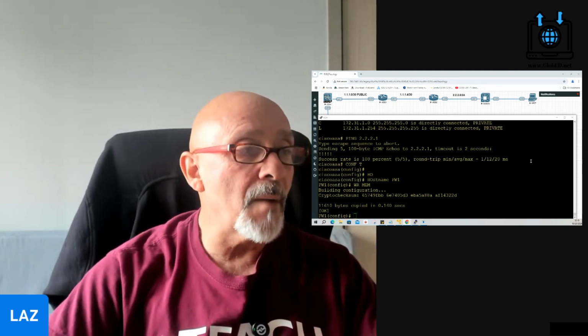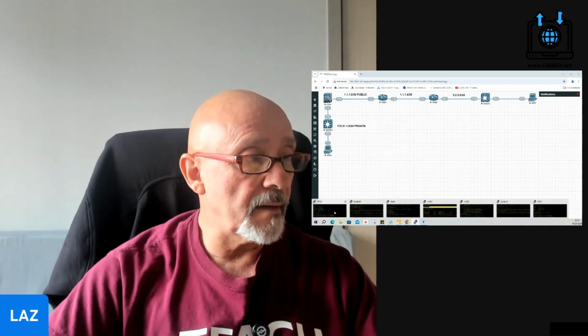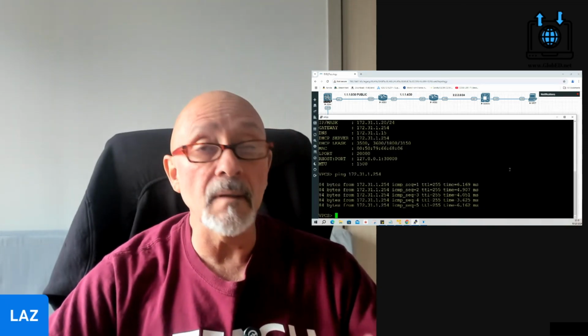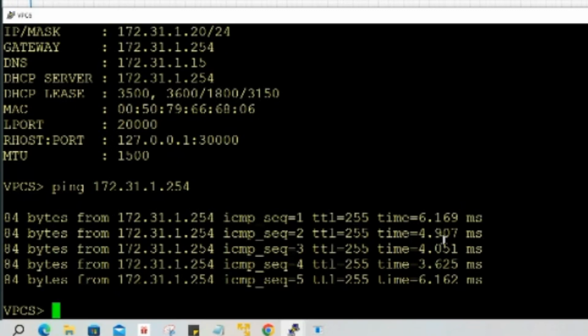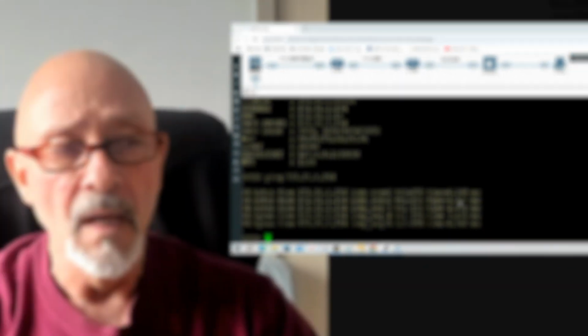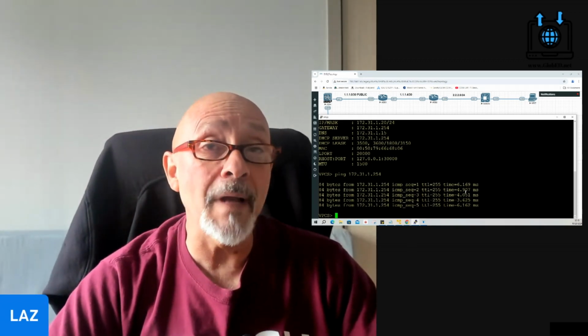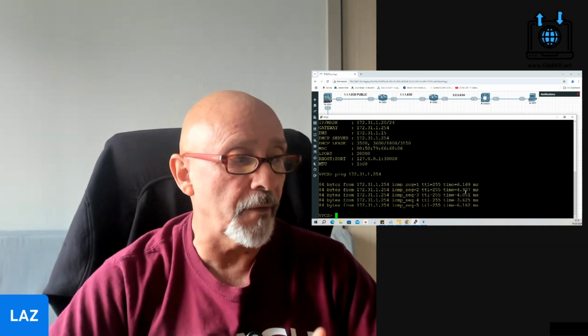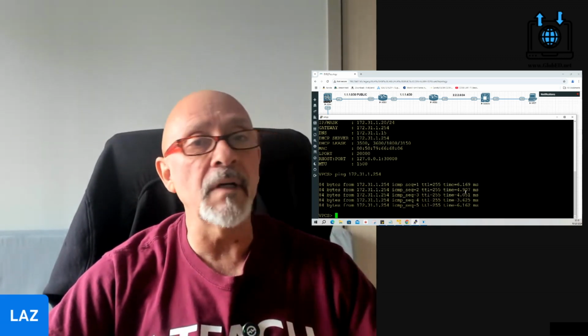Okay, but what about from the PC? So let's minimize this, right? And we're going to get into the PC and we're going to check it. Now we were able to ping, as you can see right there, the gateway, but we're going to try to ping the VP7, which is all the way on the other side. You should not be able to. We should have to create an ACL in order for that to happen. All right. But again, what we've done so far is very, very basic.